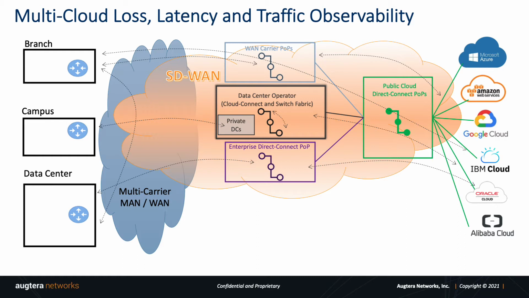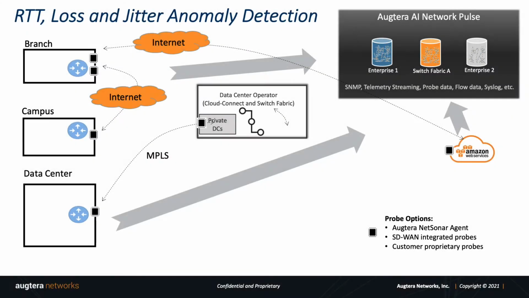Solving these challenges requires three fundamental things. First is telemetry from the network. Second is an intelligent platform with holistic data ingestion. And third is a method of processing the network telemetry in real time that will automatically produce insights for the